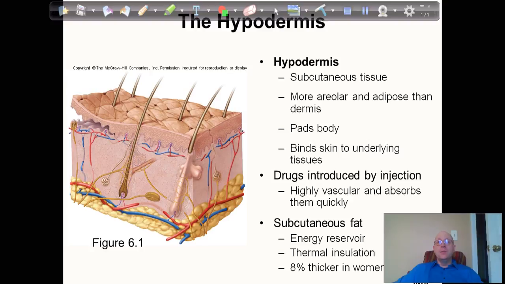But if you do have a deeper cut, it can go all the way down to the hypodermis, where there'd be bigger blood vessels and so more blood loss from that area. That would probably mean that you'd end up with a scar rather than just having the skin heal over the wound. Okay. The reticular layer is deeper, thicker, consists of dense, irregular connective tissue with thicker collagen bundles, and